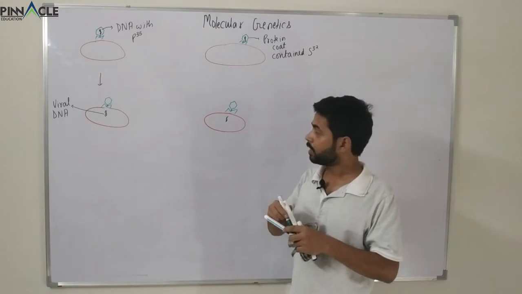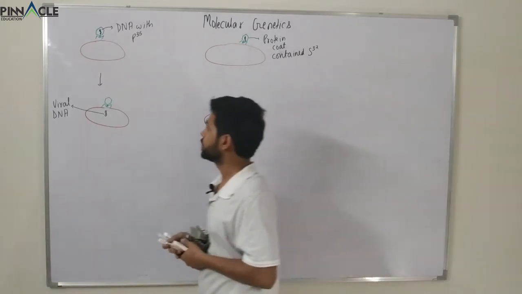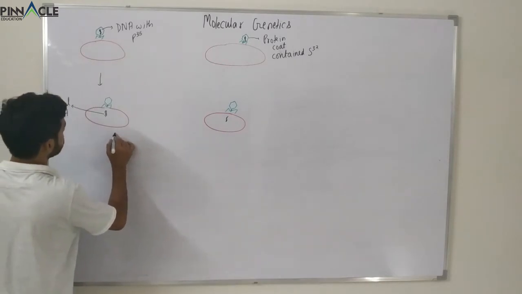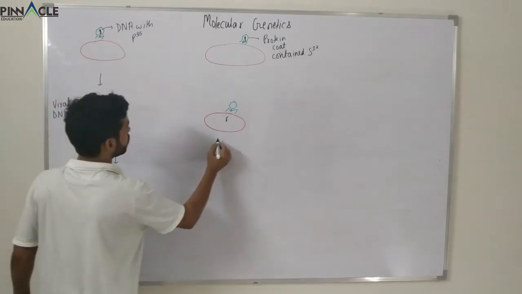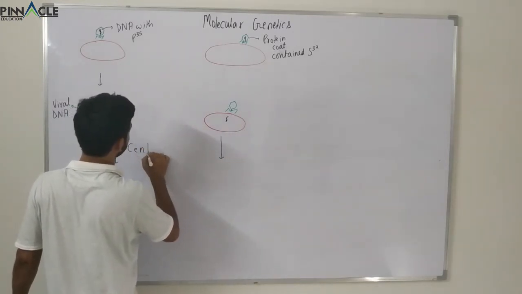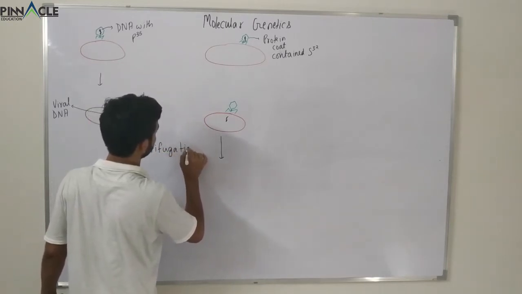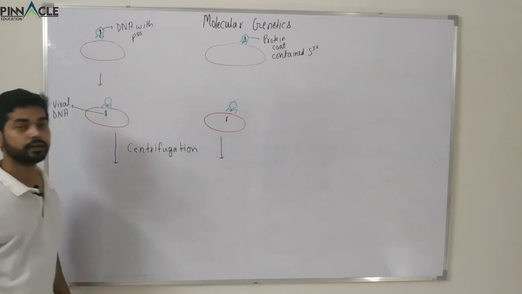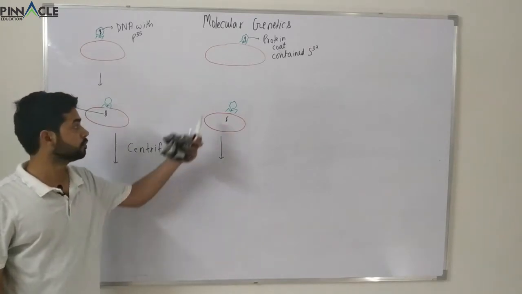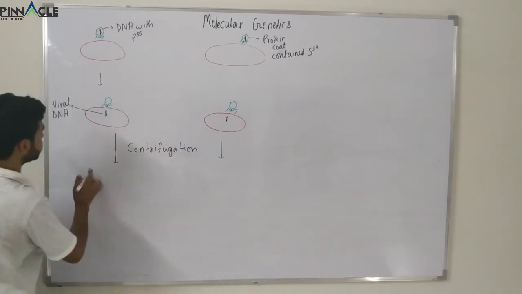Now we are going to separate these bacteria and viruses through centrifugation. After centrifugation, the bacteria and the viral protein coat were separated. It was observed that in this case